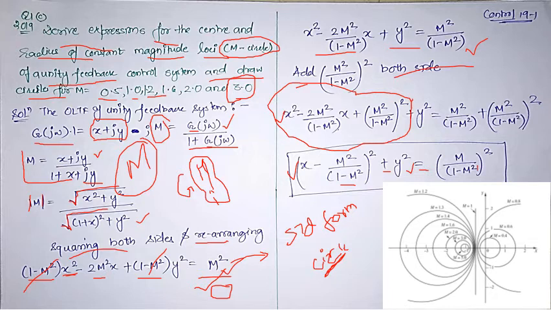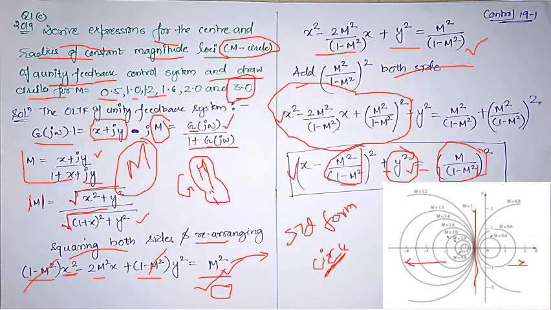So this value gives you the radius, and this gives the location of the circle, in which direction it is extending. You need to understand it is always fixed with respect to the y. That is why the M circle plot looks like this. It is always fixed with respect to the y, and it is moving with respect to the x. So that is why it is either moving in this direction or moving in this direction.